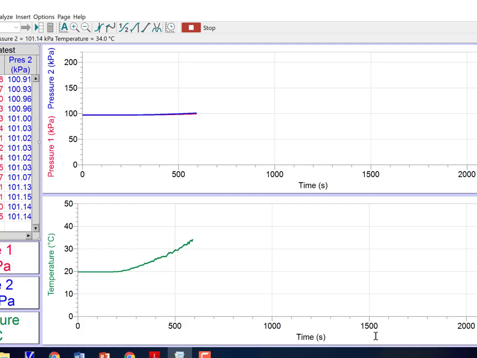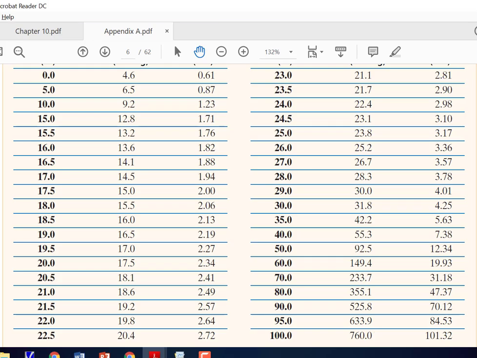Okay, so we're starting to go up in temperature. And we got a blue line and a red line. They were right on top of each other before, right? Now there's a bit of separation. Okay. Let that go, continue on. We'll come back to it. Hopefully it'll work for us. Okay. So,